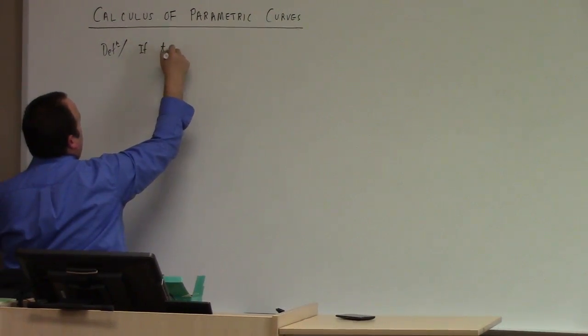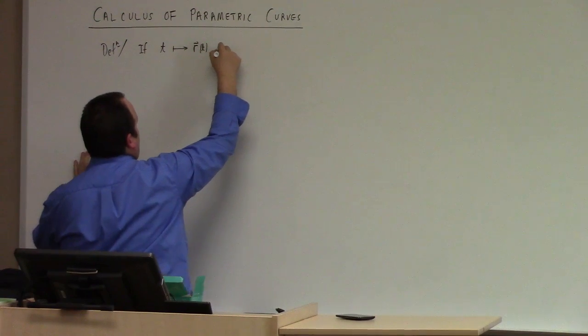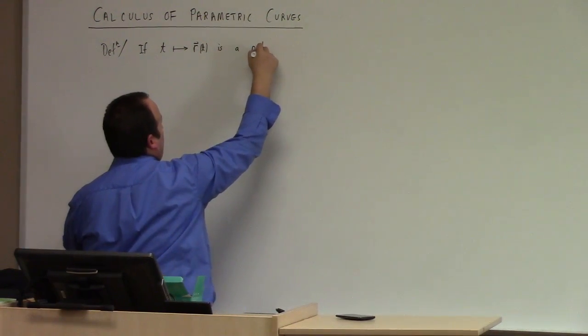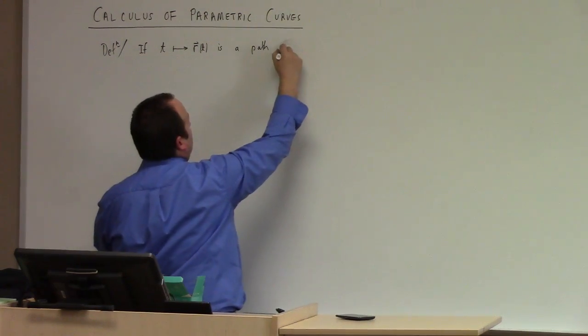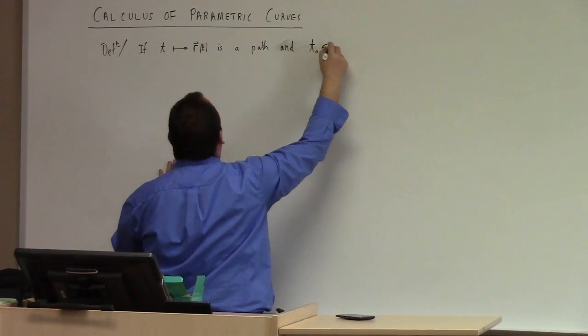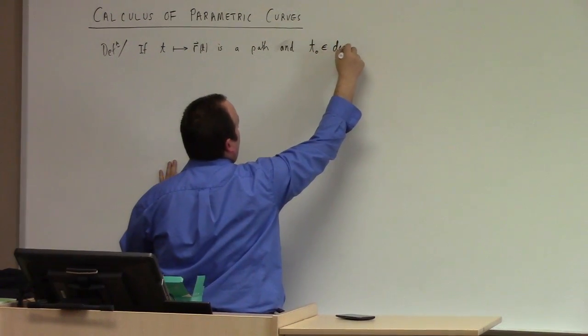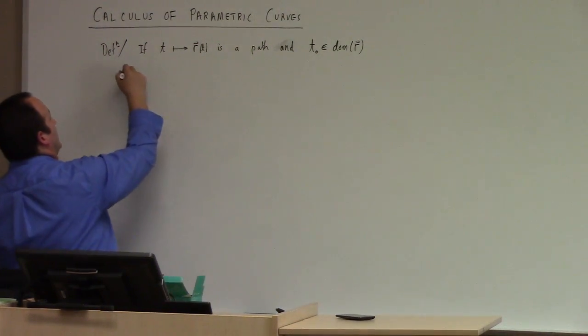If t maps to, let's say, R of t is a path, and t naught is an element of the domain of the path, all right, then